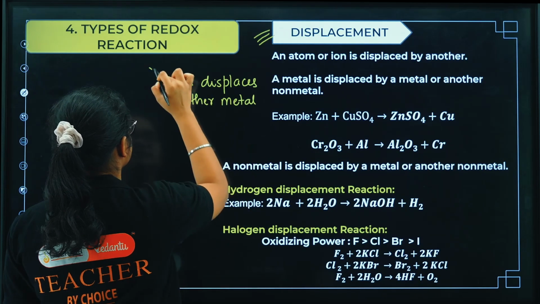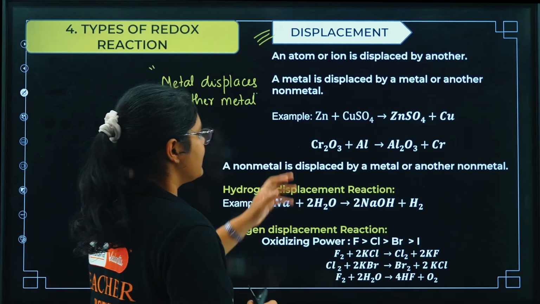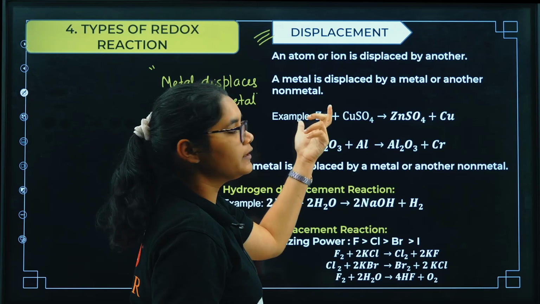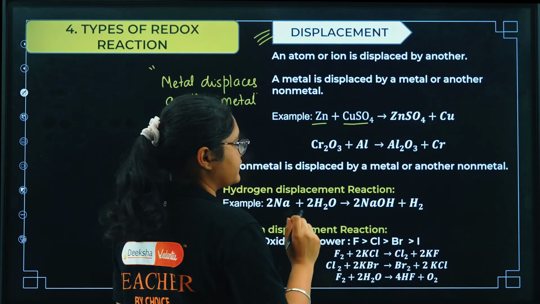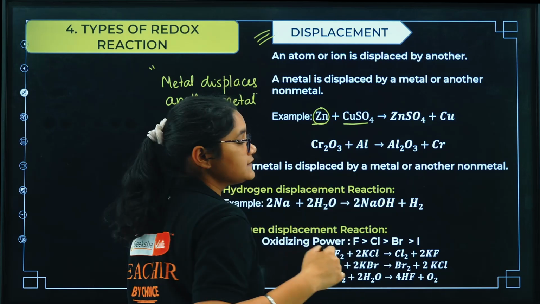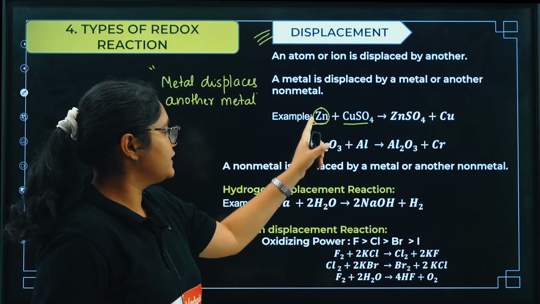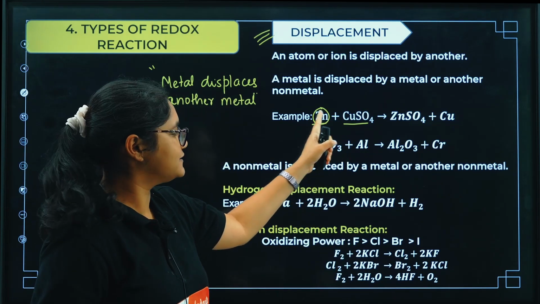Okay. One metal is displacing another metal. A metal is displaced by a metal or another non-metal. So we will see one example where zinc and copper sulfate is reacting. Then what will happen? Zinc is a higher reactive metal, so it can replace copper and we get zinc sulfate